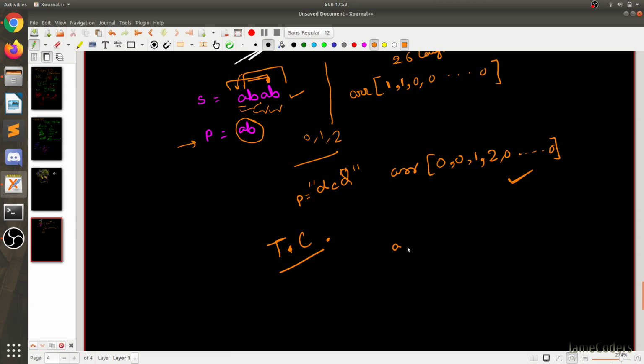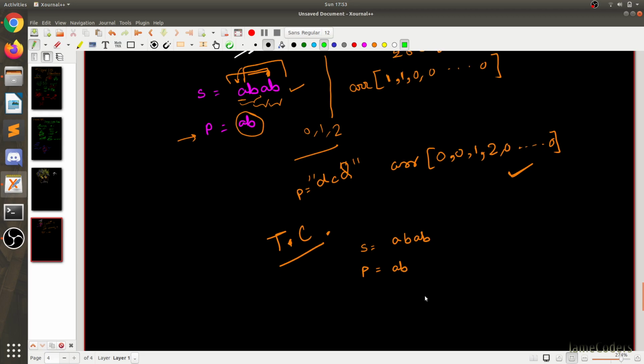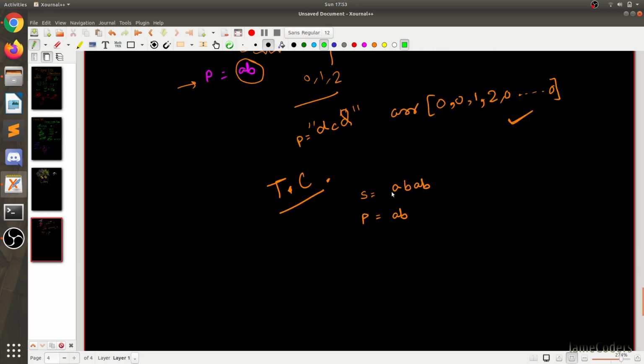Let's take an example: our string is ABAB and our pattern is again AB. At first we take the first AB. AB is taken, so we find that it is an anagram.